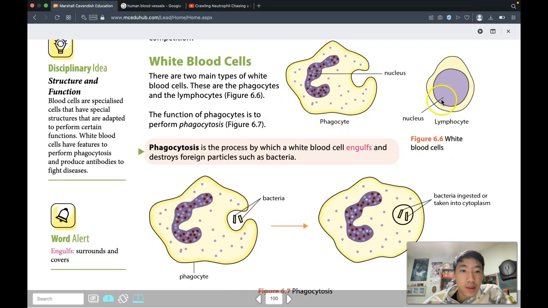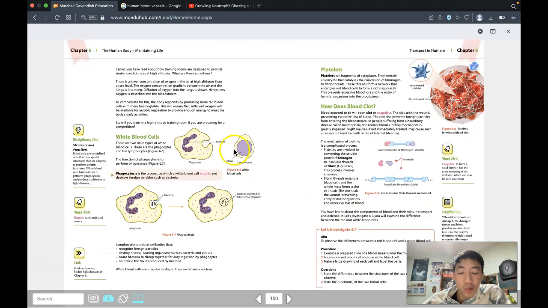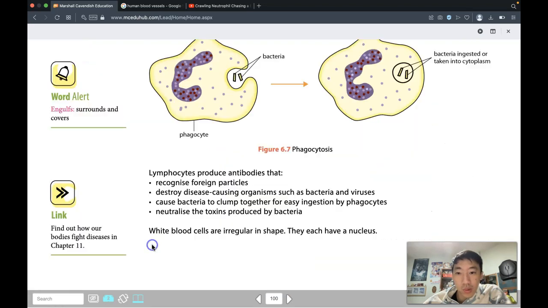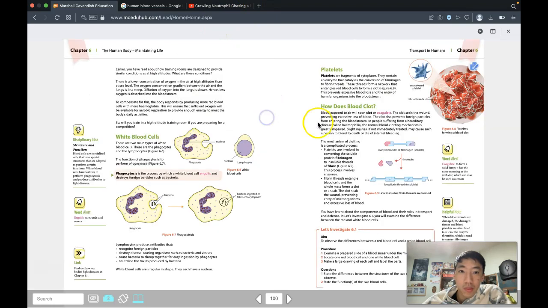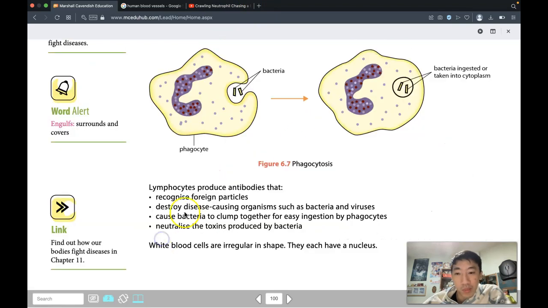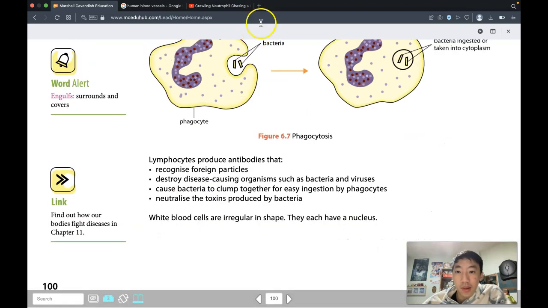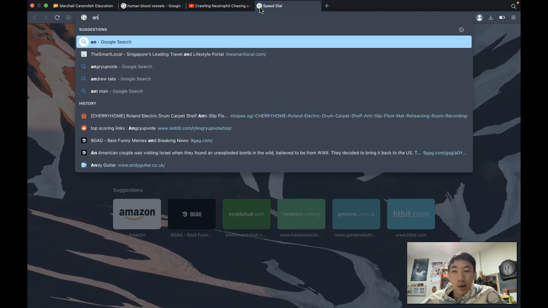Okay, the other type of white blood cell is known as a lymphocyte. A lymphocyte does not do phagocytosis. Instead, what does it do? It produces antibodies that can recognize foreign particles. Okay, so how does it do that? This textbook never gives me any pictures, never mind. These antibodies,